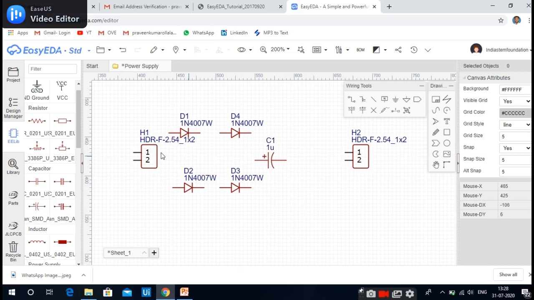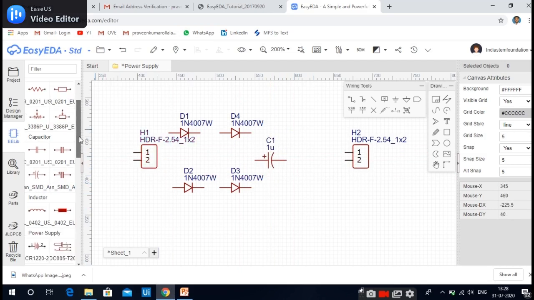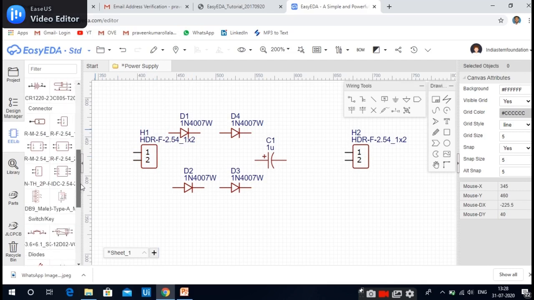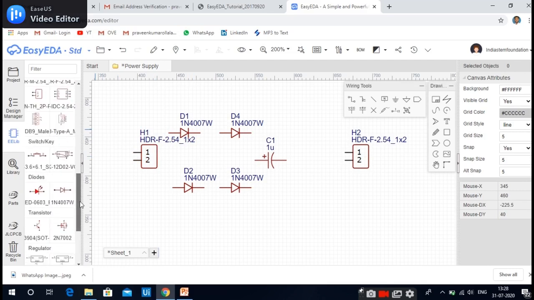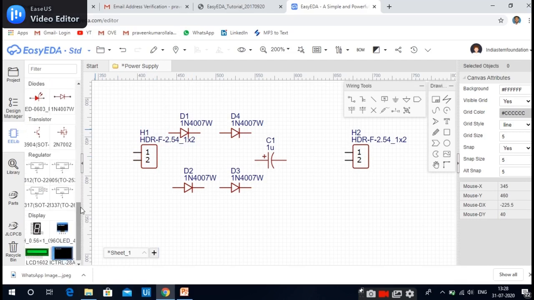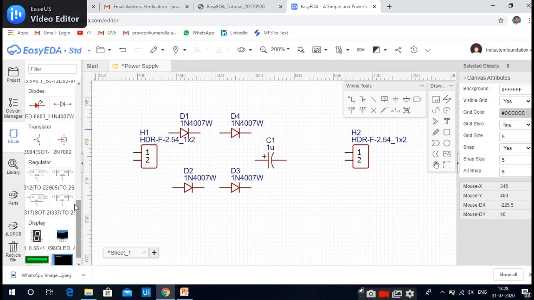After the capacitor, we have to select a voltage regulator. Here the regulator section is there. From that I am going to take 7805, we need, right?